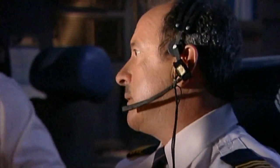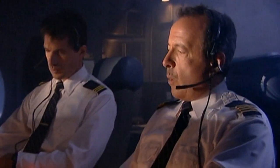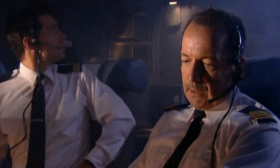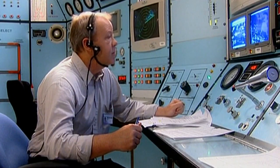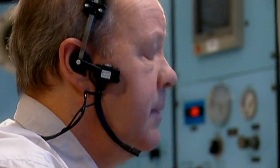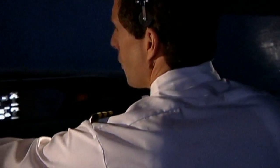Find the closest place to land, Stefan. He radios air traffic control in Moncton, New Brunswick. Moncton Center, Swissair 111 Heavy is declaring pan, pan, pan. We have smoke in the cockpit. Pan, pan, pan is an international term used to notify air traffic control of an urgent situation. 30 miles to fly to the threshold. It's one step below declaring Mayday. I guess Boston, we need first...